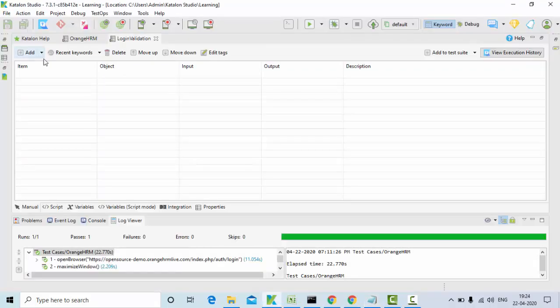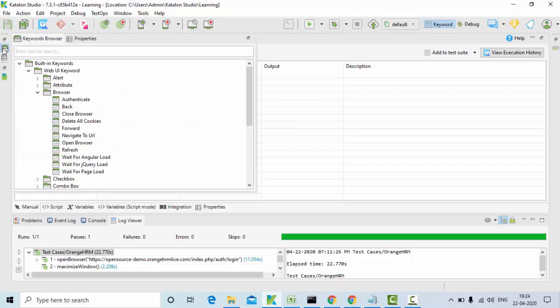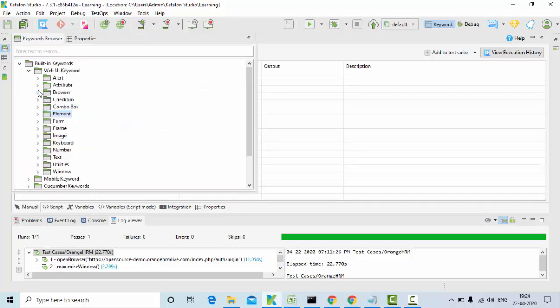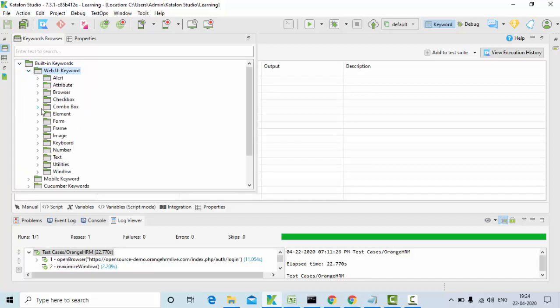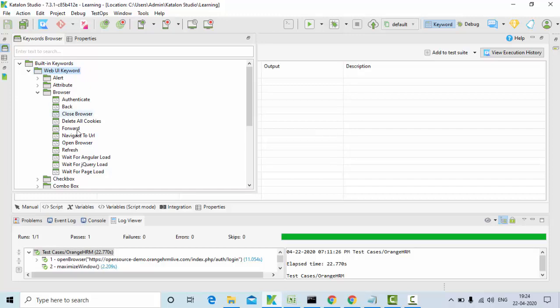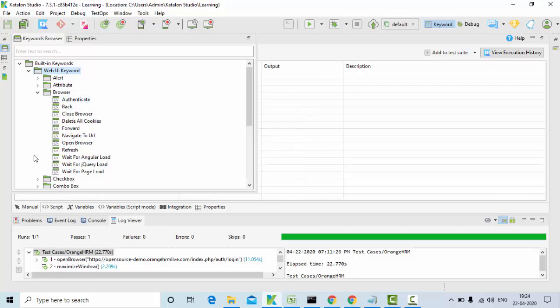a browser. So simply click on add and you can check from here. If you are not sure what to do, just go to keywords, browser. Since it's a web application, go to the Web UI keywords. Here go to the browser. In the browser, if you see here, you have authenticate, back, close, all those.